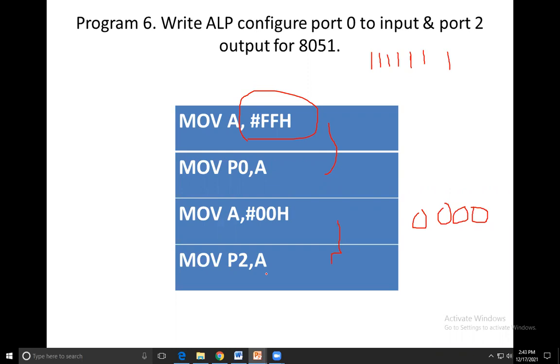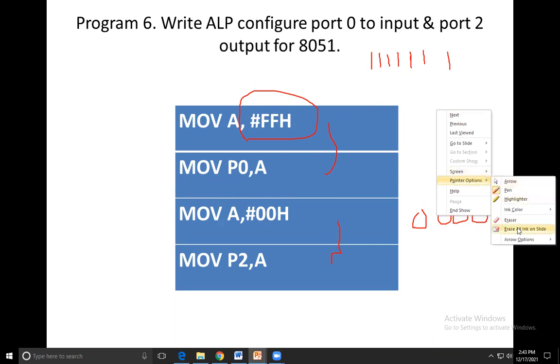When you go to the final examination, please see all the program PPTs, including the last PPT. In that PPT you can understand a lot about what the input port and output port are, and how to make the input port and the output port. So please check this. For an input port, give the value of 1s. For the output port, you have to give the value of 0s.